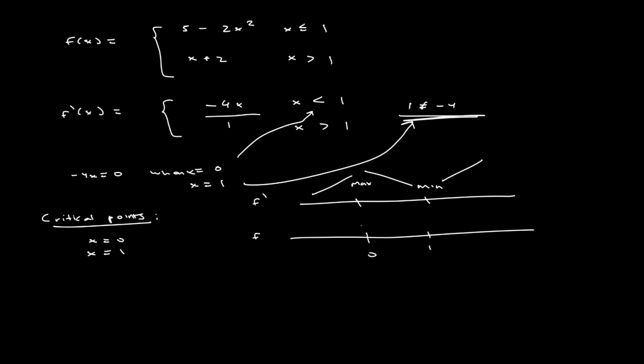But let's just do it for the sake of completeness. f of 0 is simply 5. f of 1 is 5 minus 2, which is 3. Now 3 is less than any other candidate for min, because there are no other candidates, so x equals 1 is a